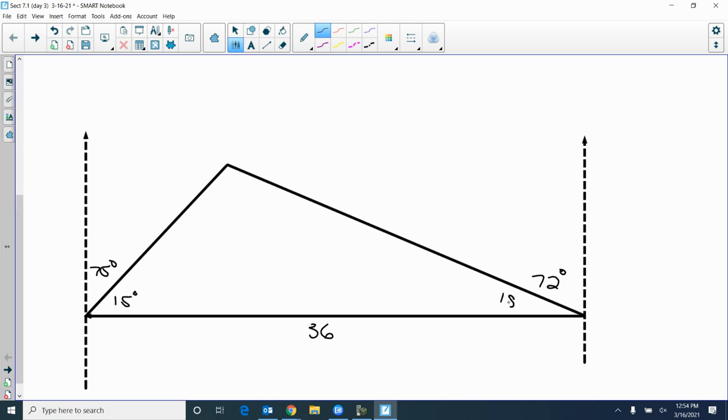That makes that 18. And we do need to find this angle up here. And then 15 plus 18 is 33. Subtract that from 180, and we get 147. And then to find that value right there, that distance the second time, we do sine of 18 over x equals sine of 147